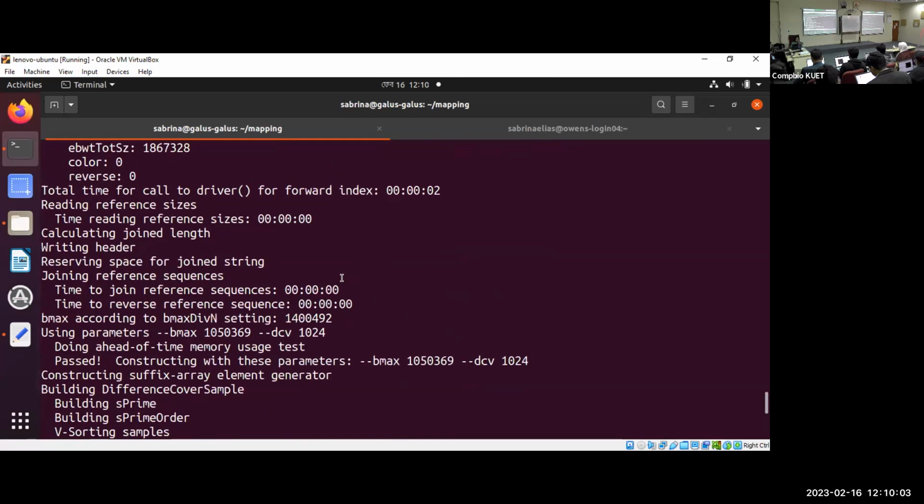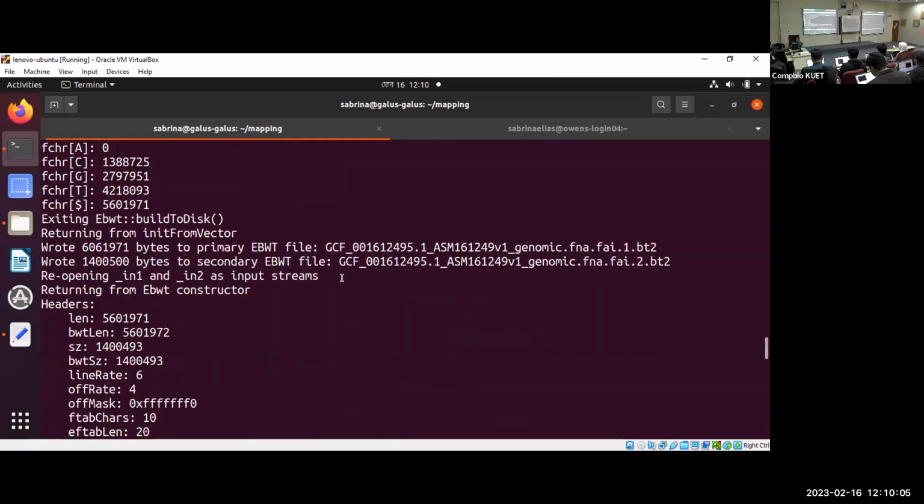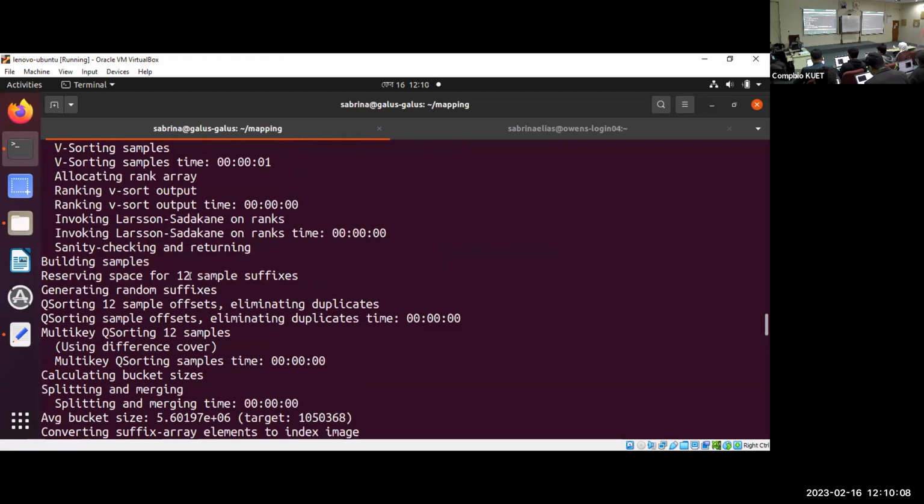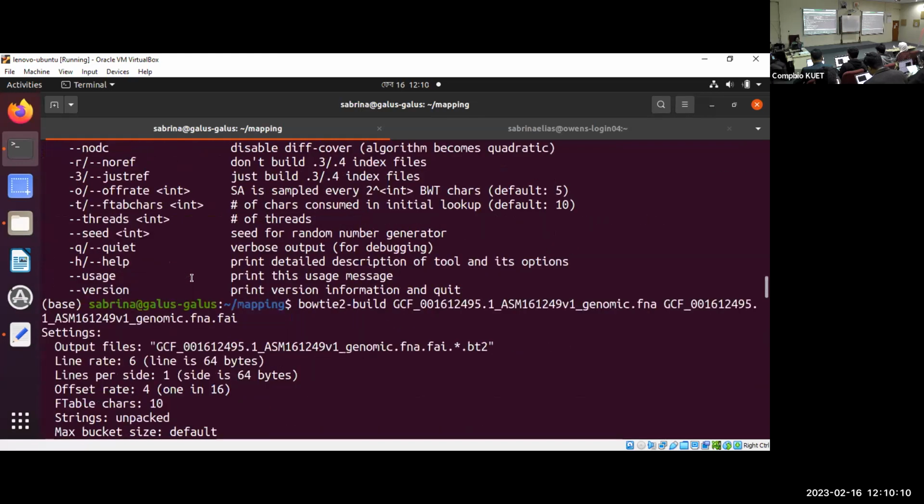So it's showing what it is doing. You can see as it goes that